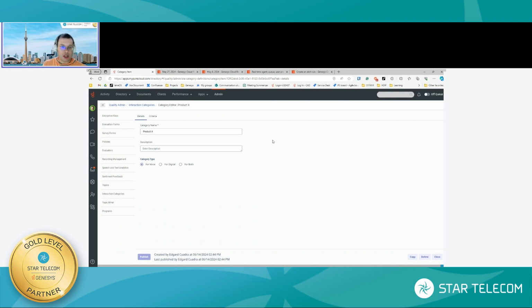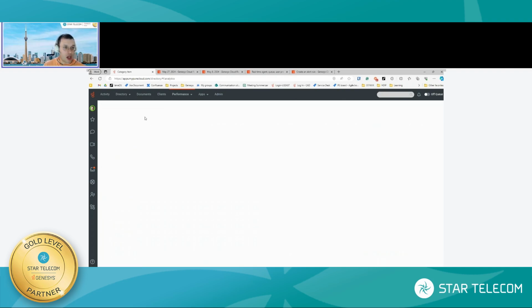This potentially does a couple of things. It shows how well your agents are categorizing based on wrap-up code, as opposed to how well Genesys Cloud as a system is determining the category of that particular call. That now can be fed up to reporting. So under workspace,